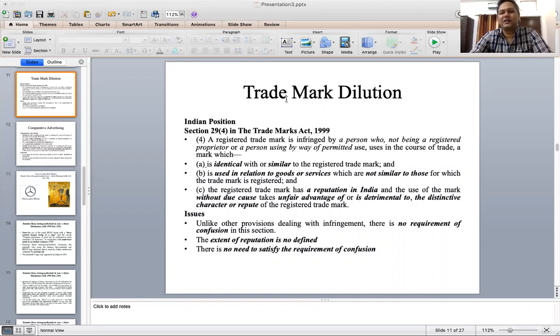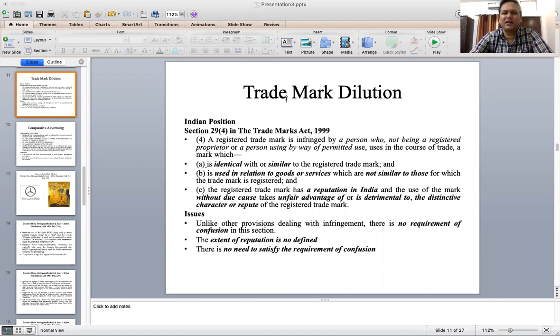Of that, those marks, those brands which are very popular, have been protected through well-known trademark. So what is trademark dilution? Trademark dilution is one of the activities through which you make an effect on the recognition of that very well-known trademark. In any way, if you are doing it, dilution simply means that you are lessening or minimizing, or in any way impairing the image of that very trademark which has been considered as a well-known trademark. So how can you do that?